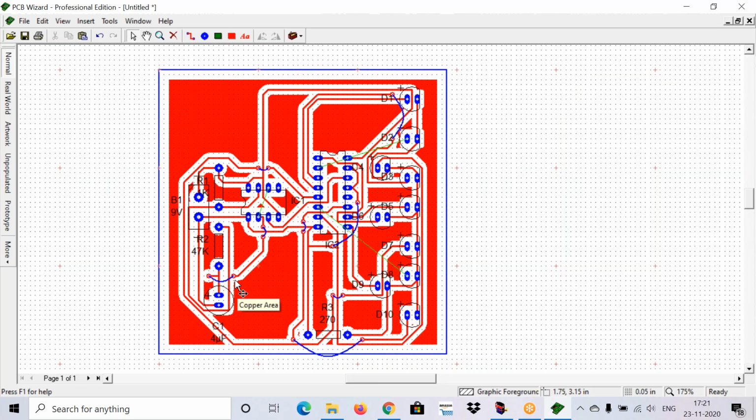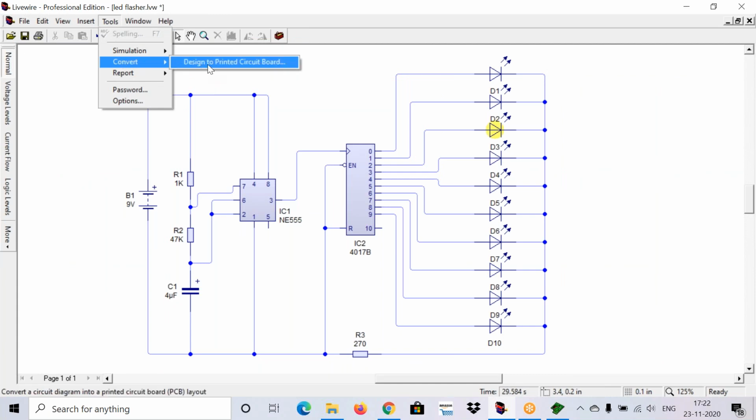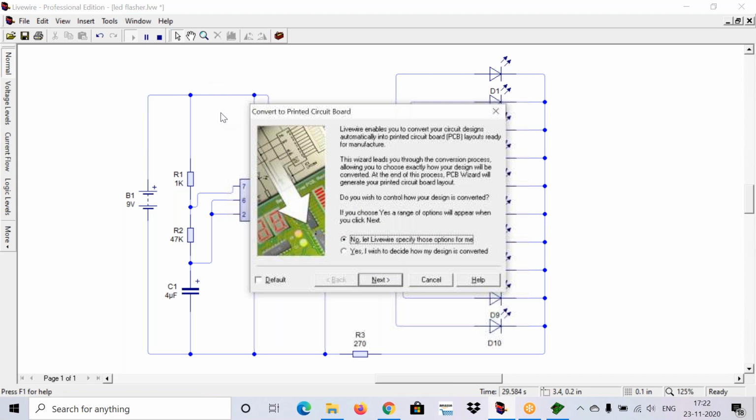Now again open the Livewire software. Again click on tools. Now click on convert design to printed circuit board. Now change the option to yes, I wish to decide how my design is converted.